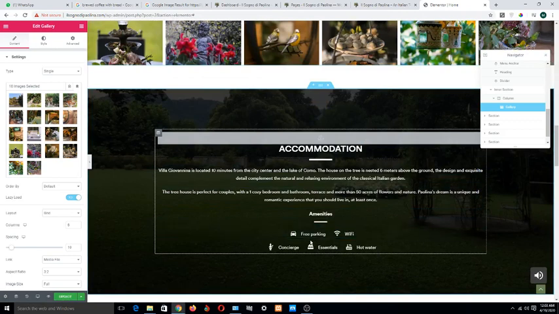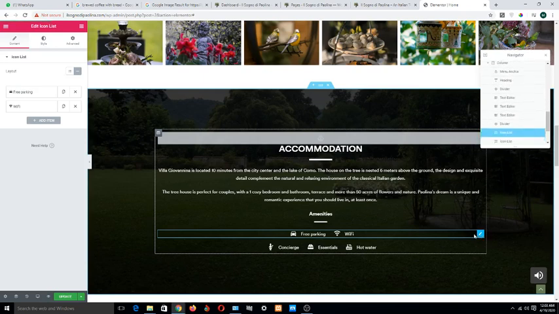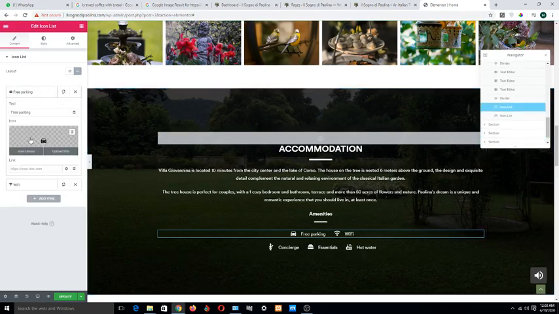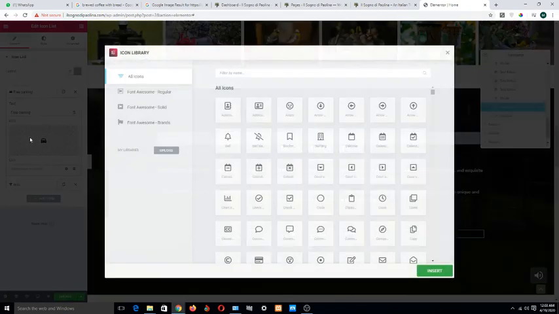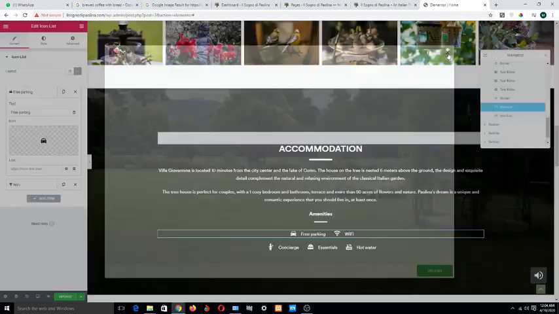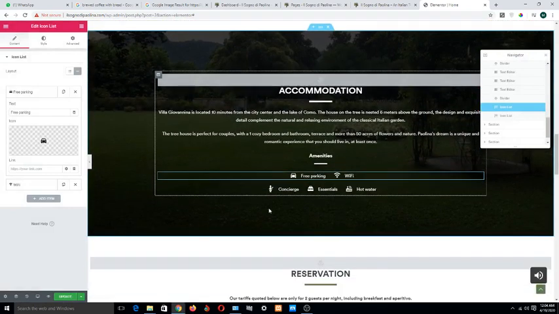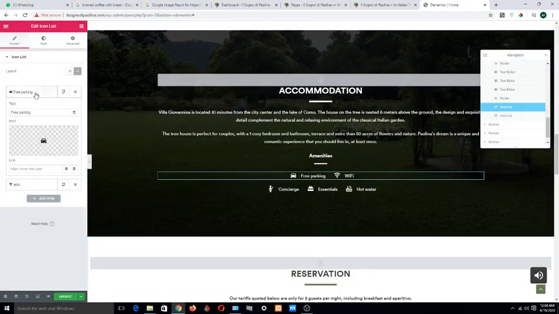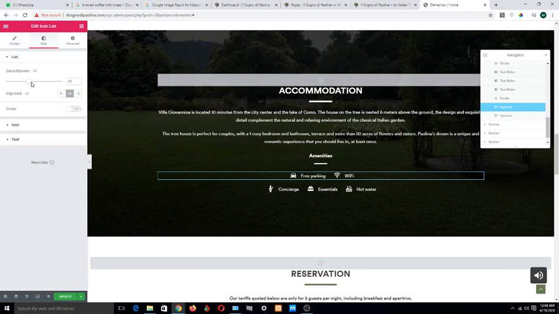And if you want to change this text area, click on this, and if you want to change the icon, now here is a car. If you want to change the icon, you can select any icon you want. I'm not adding one. And if you want to increase the size, go to style, click on icon, increase the size.